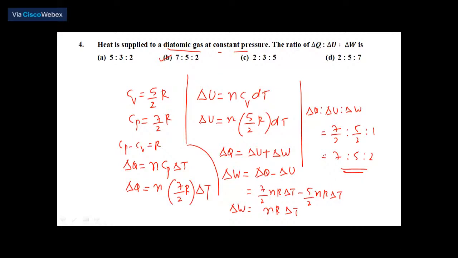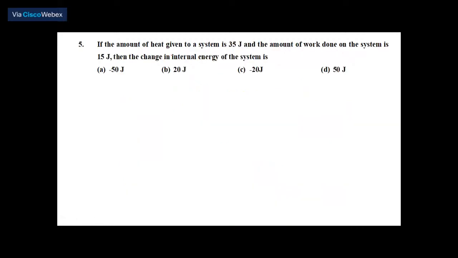We'll move to the next one. If the amount of heat given to a system is 35 joules, delta Q is equal to 35 joules, and the amount of work done on the system is 15 joules, delta W is equal to minus 15. Work done by the system is positive, work done on the system is negative, minus 15 joules. Then the change in internal energy of the system is,